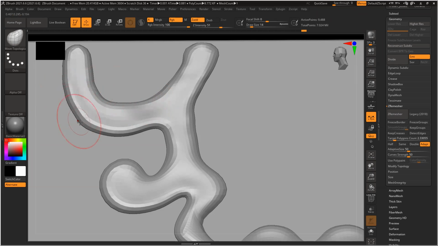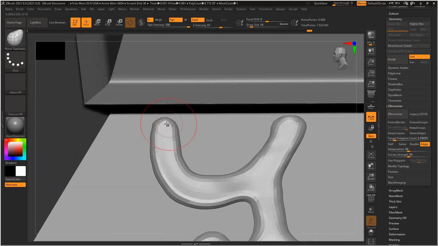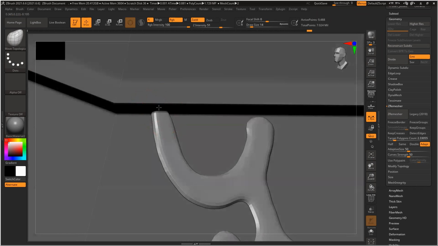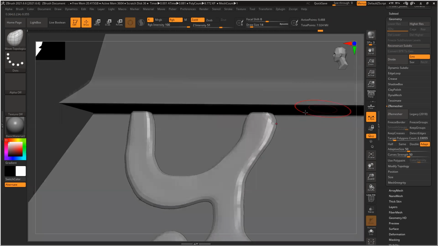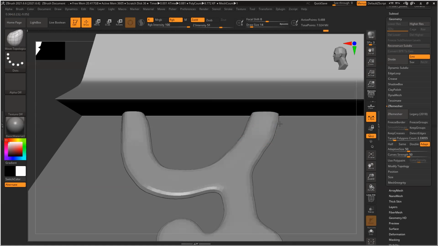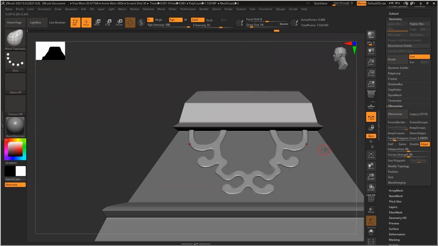Clean all the shapes, and it should go inside like this. So refine all the shapes and all.